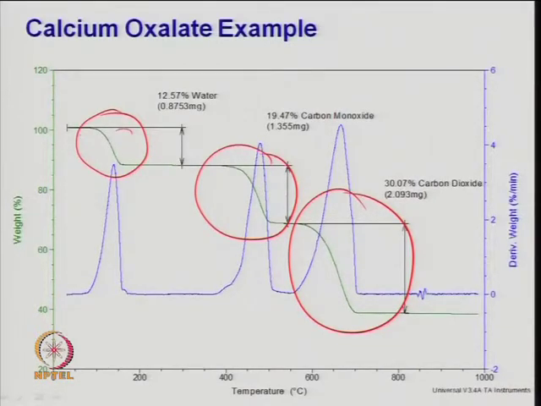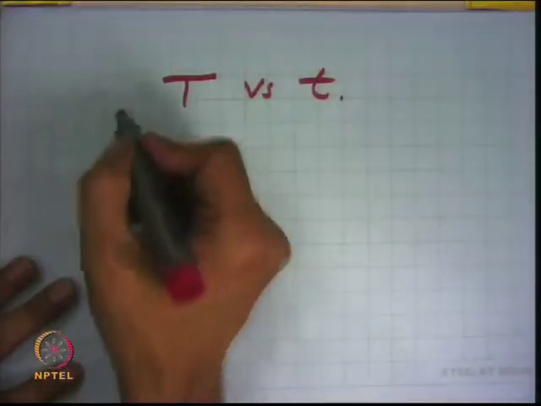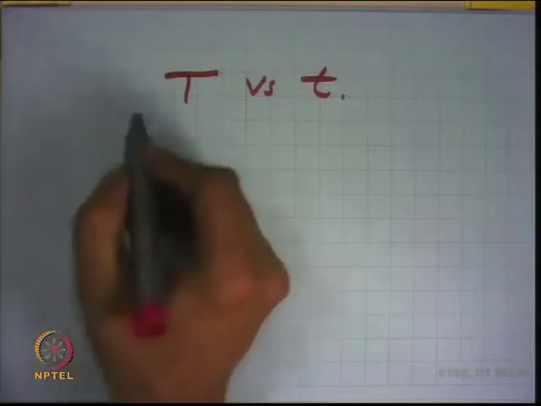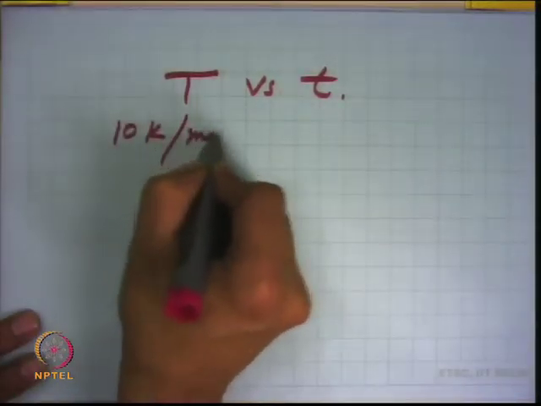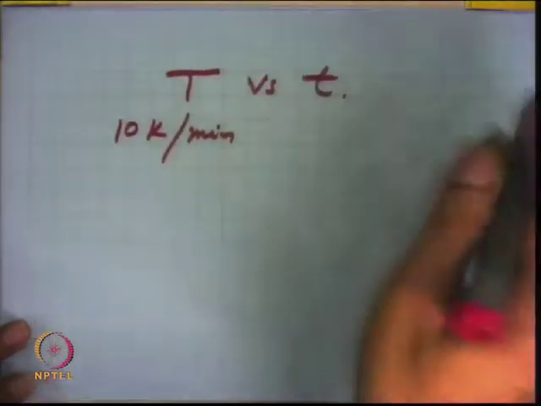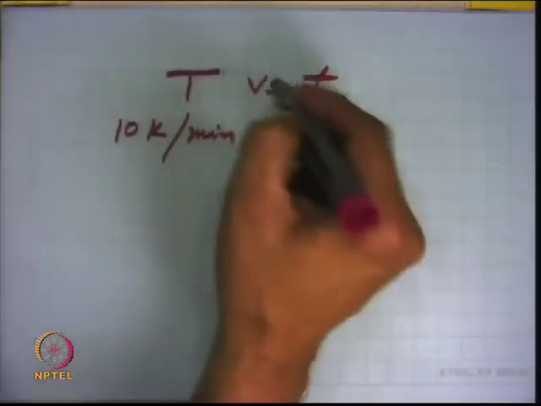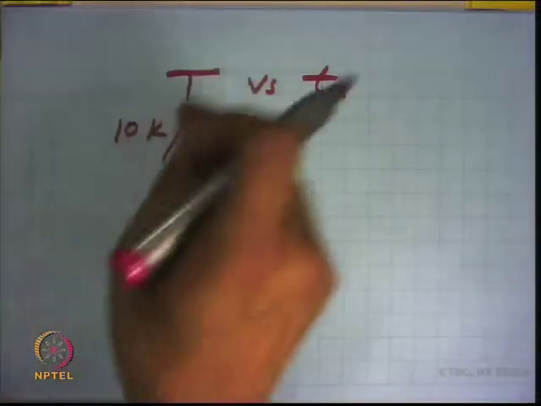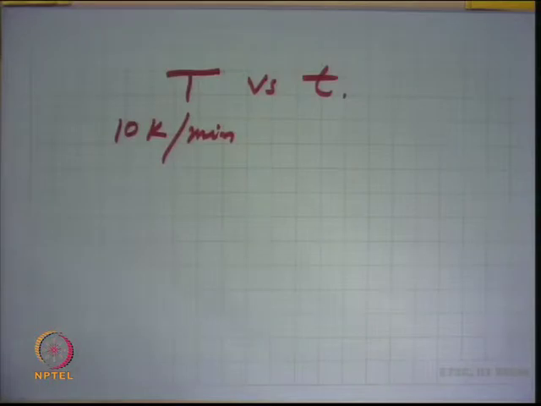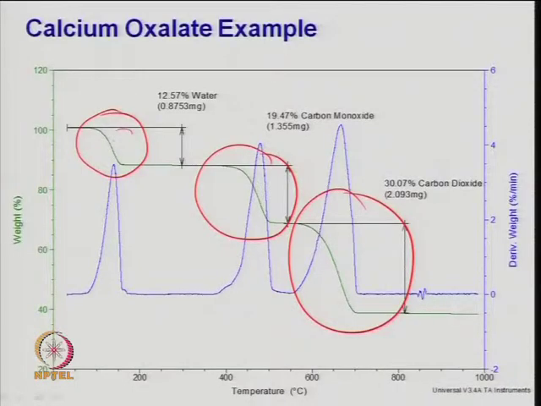So, that is the weight loss as a function of temperature, and for this temperature, you know the rate of change of temperature with time. So, dT by dt. So, basically we have two pieces of information, temperature versus time on stream. Generally you give a profile something like 10 degree Kelvin per minute, right, a linear profile, something like alpha t plus some constant, right. So, this information gives you weight loss as a function of temperature, where temperature may change with time if you have not maintained the isothermal condition.